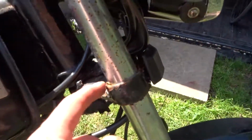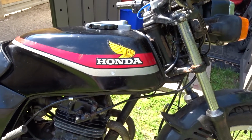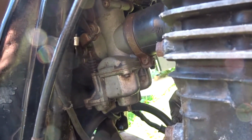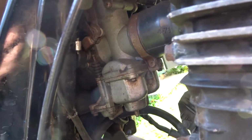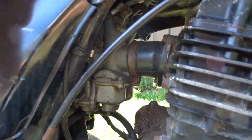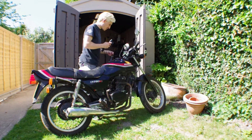A bit of worrying rust up here. Not sure how bad that is. But all I want to do is just get it to fire up. Now I know it sparks, but I've got to get this carburetor out. It's a big old carb there. Well, bigger than the C90 one anyway. Made in Japan. Need to get that out, because I reckon the interior is not great. So if I look in the petrol tank,